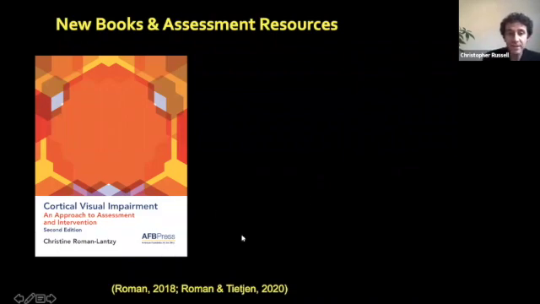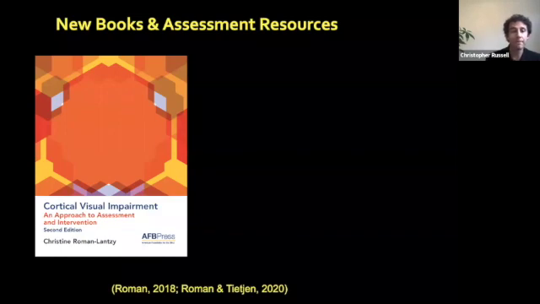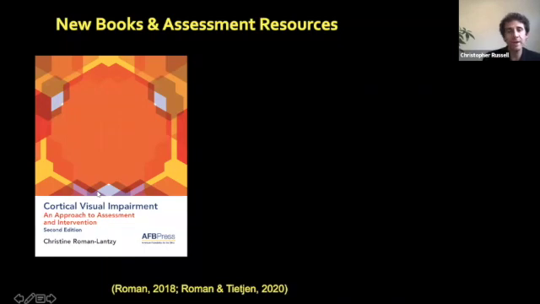New books, if you haven't seen yet, the second edition of Dr. Roman's book on approach to assessment and intervention. If you don't have it and you're using the old book, then you're out of date. The assessment hasn't changed, but the protocol for scoring the assessment is updated significantly, and the understanding of the characteristics is updated significantly. So it's either going to be important to have a copy or to know somebody who does, or to at least have the training on what the updates are,